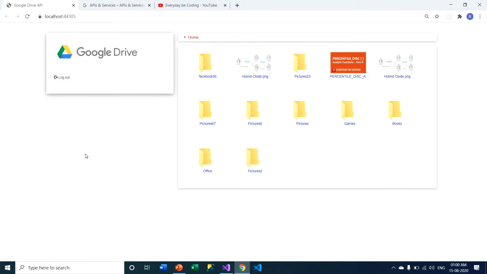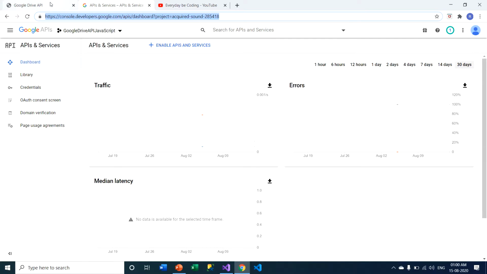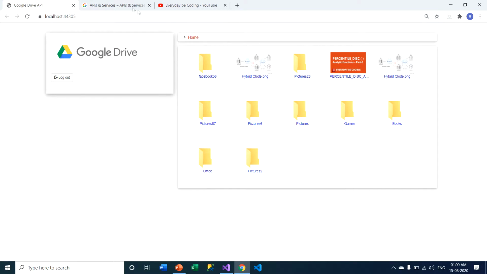This is a JavaScript based application and this is a user panel. I have divided this user panel into 3 parts. In the left panel, you can see the Google Drive logo and the logout button. In the upper right panel, you can see the folder navigation structure, and in the lower right panel you can see all Google Drive files and folders. First of all, using this site, you need to configure your application.